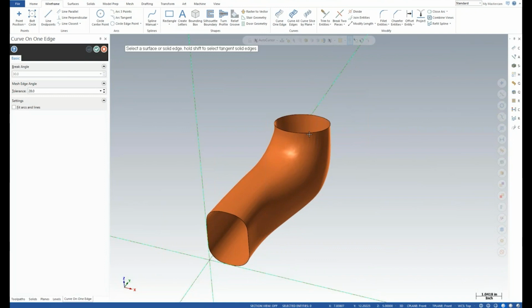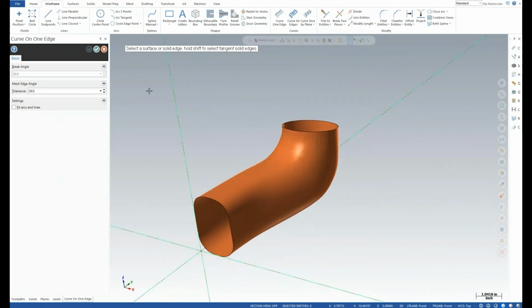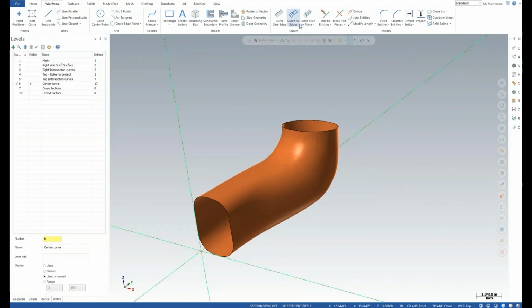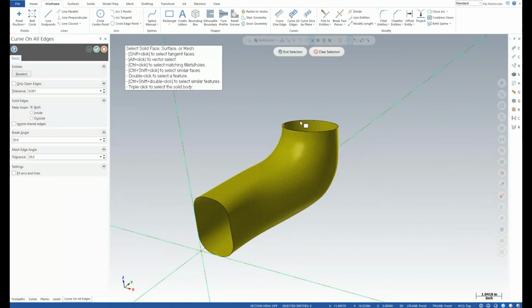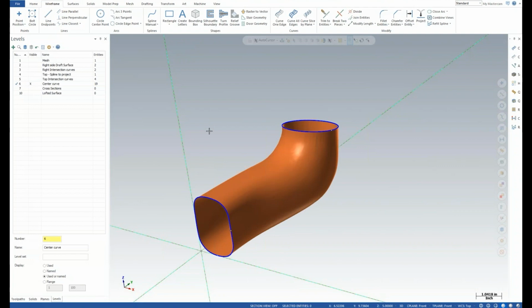Okay. Do we support PMI? Do we support PMI, Ken? Could you elaborate on that? Do we support MBD? We don't have the MBD in Mastercam yet. Right now, that's something that's being imported, and we can display those things, but we're not actually creating the control frames and the GD&T stuff at this point. They can be displayed if you import it, but we're not creating them at this point.